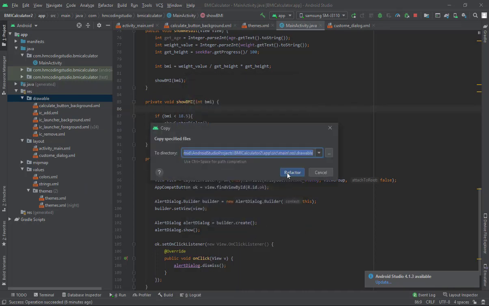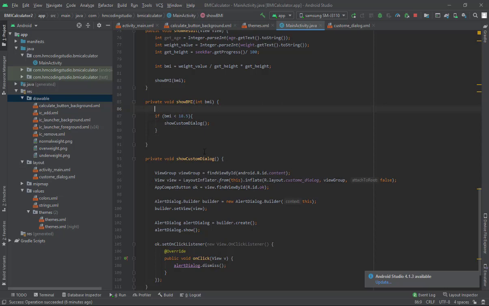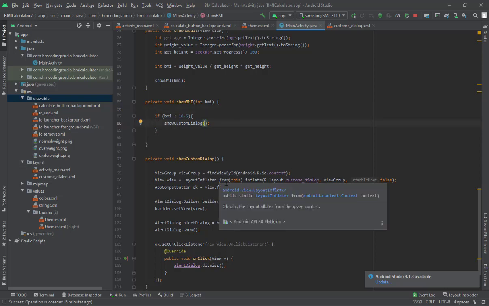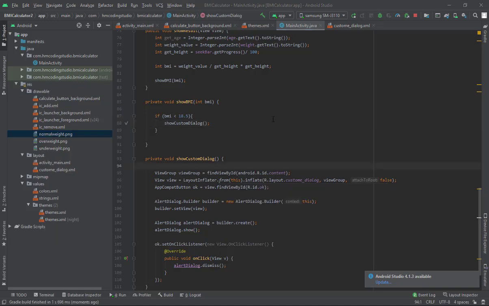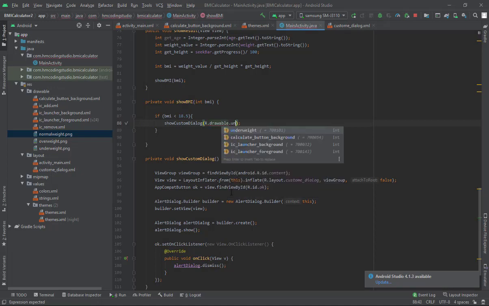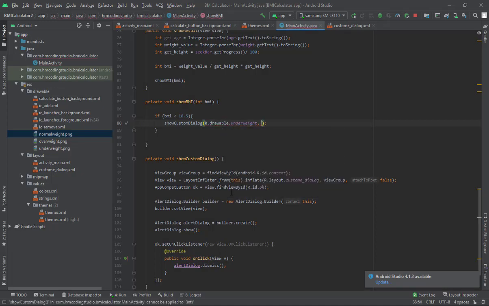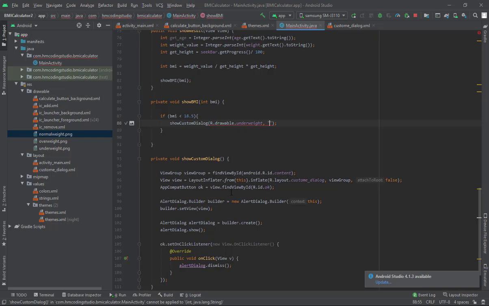Okay, refactor. Okay, and in here we will pass 3 parameters. The first thing we need to pass is the image ID. For that, R.drawable.underweight, and for the second we will pass the underweight title,